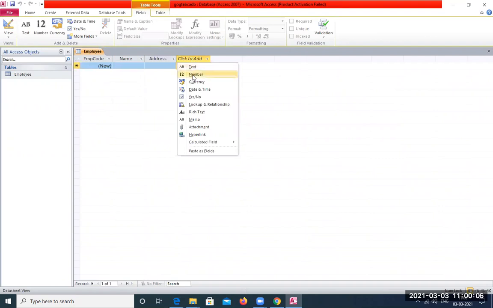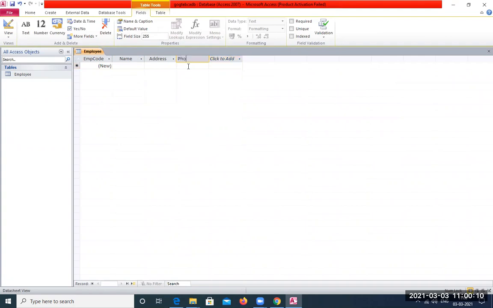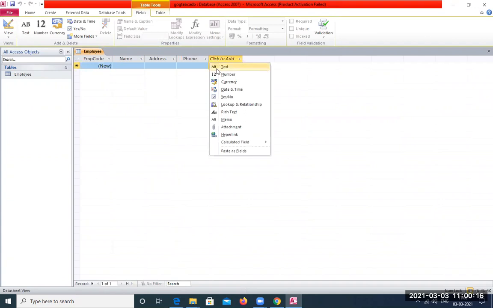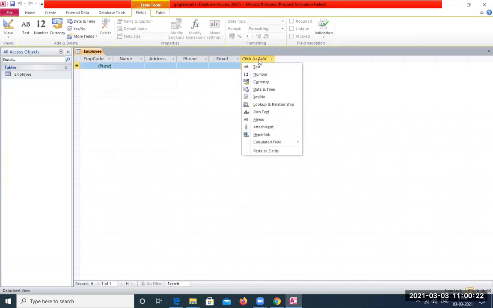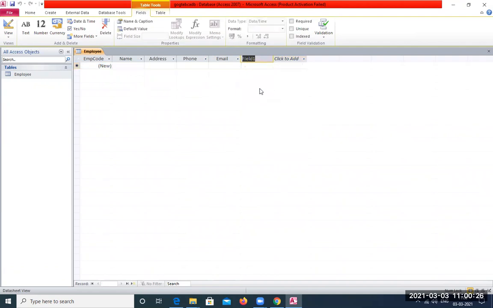Third one is going to be our phone number. For that also we are going to make use of the data type text, which will help us to store more than 9 digits. The next field is going to be again a text, which is going to be our email. Again right click on this and select the next one as date and time, and edit it as date of joining. So we have created these 5 fields.